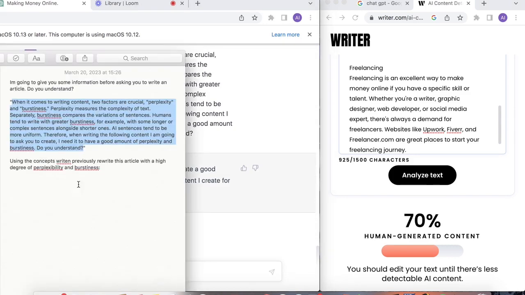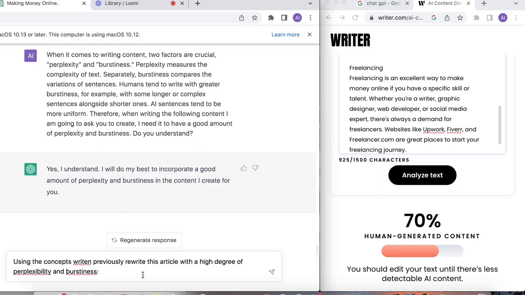Good. So the third prompt you got to be using is just this one. Using the concepts written previously, rewrite this article with a very high degree of perplexity and burstiness.